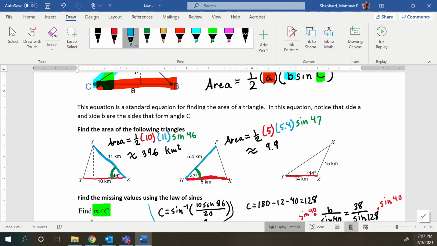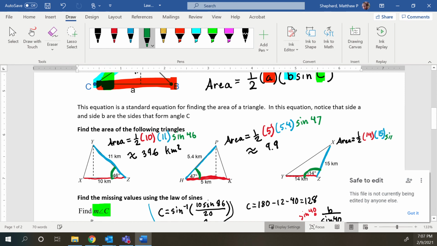There's going to be our A. There's our B. These two lines form to create the angle that we'll use for C. So the area is going to be equal to 1/2 of 14 times the 15 times sine of 114, which will equal approximately 95.9